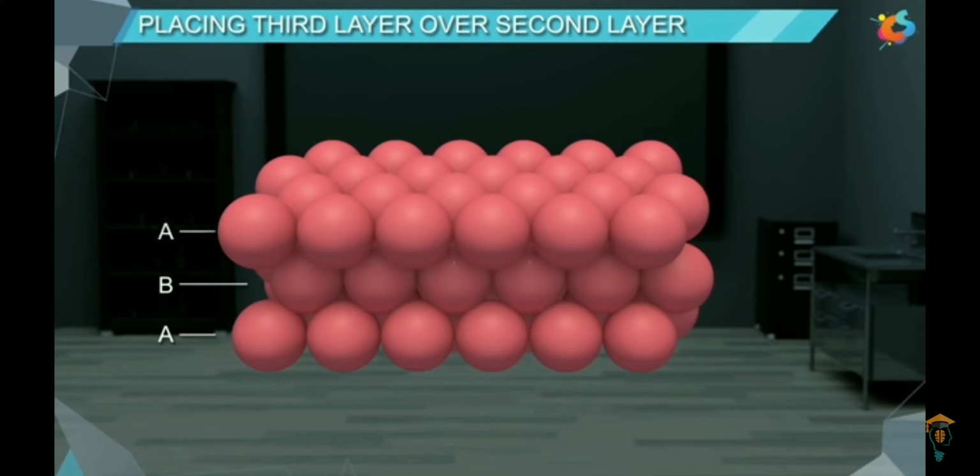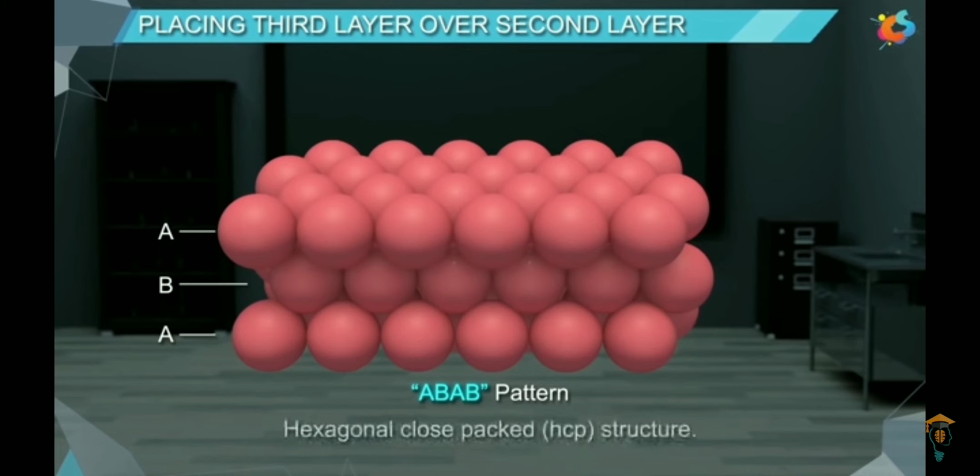As the pattern of spheres is repeated alternately in other layers, this pattern is known as AB-AB pattern, and the structure formed is known as hexagonal close packed, HCP, structure.